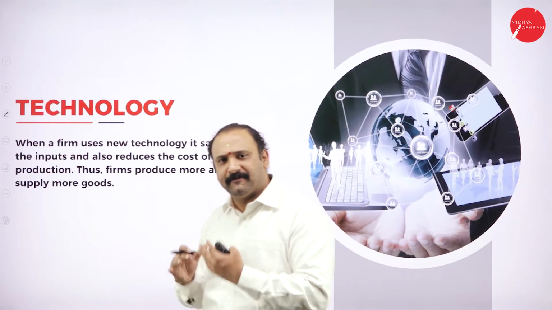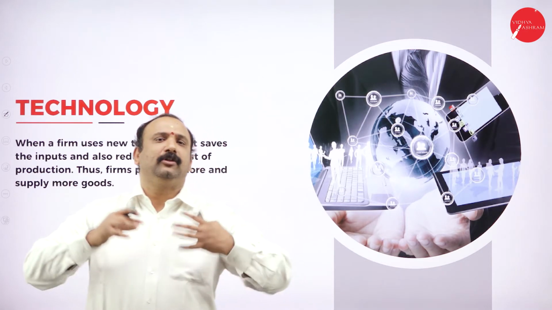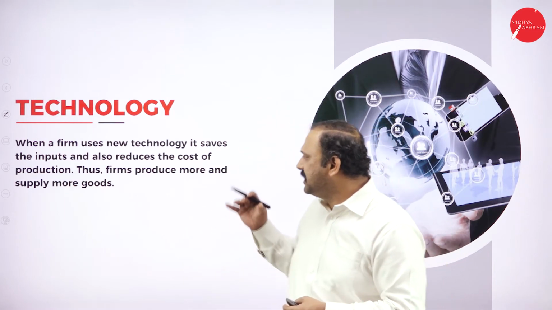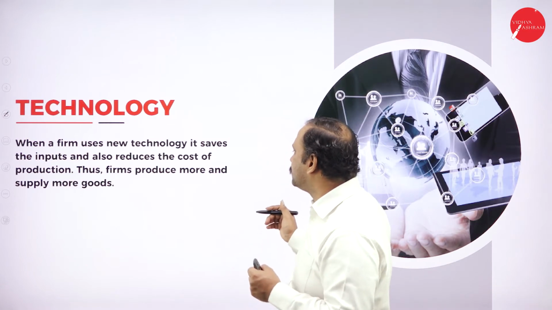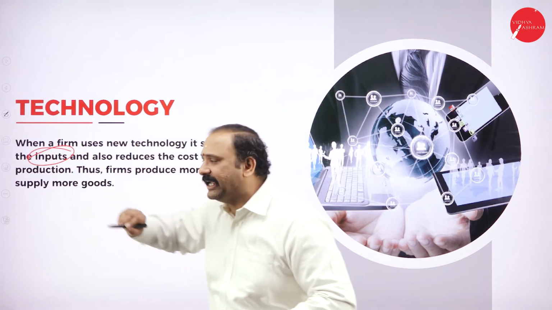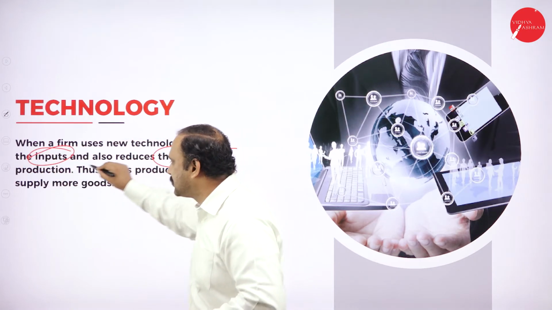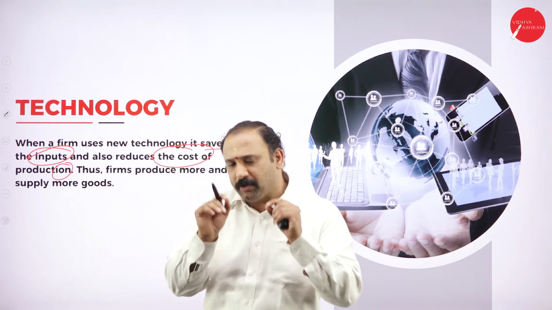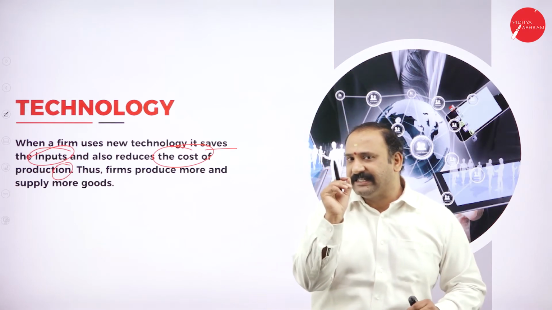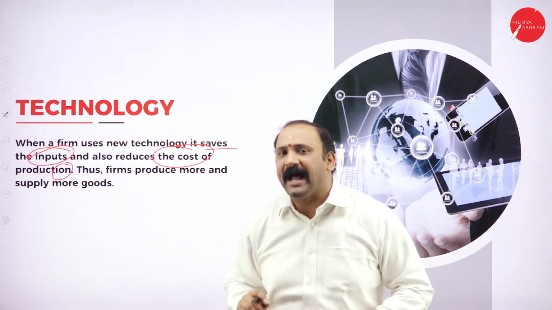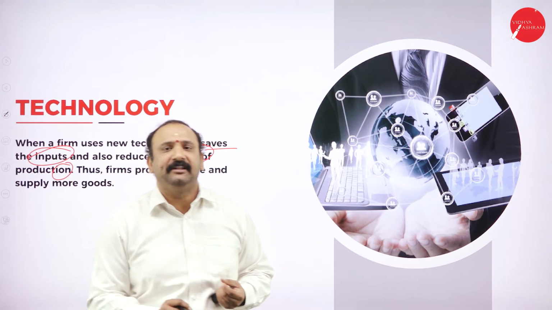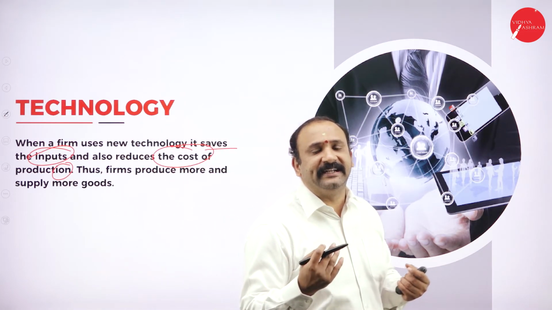Followed by technology. We have spoken about technology at great length, explaining how technology really has an impact. But the first and foremost thing I would like to talk about is the saving on inputs and also the reduction of production costs. This is one important thing that you have to think about. Way back when Toyota started its plant in India, especially in Bidadi in Bangalore, they were the first company to come up with robotics in manufacturing, in running the entire system.